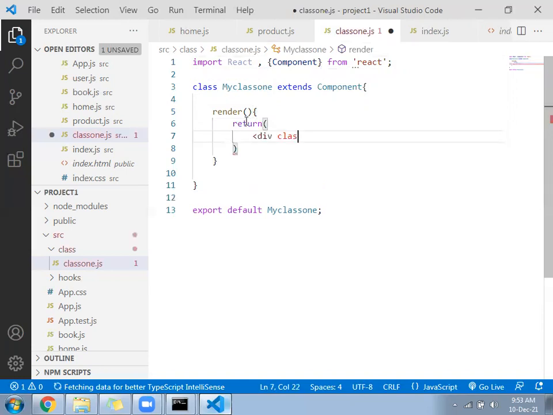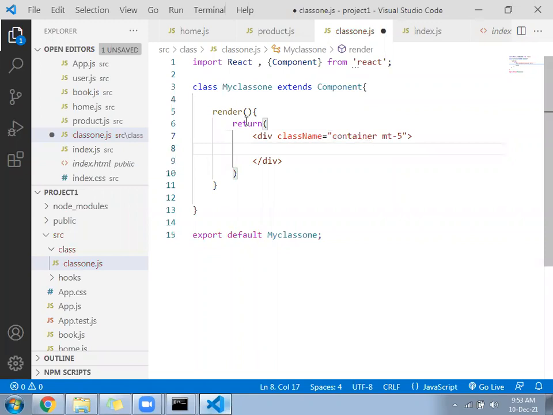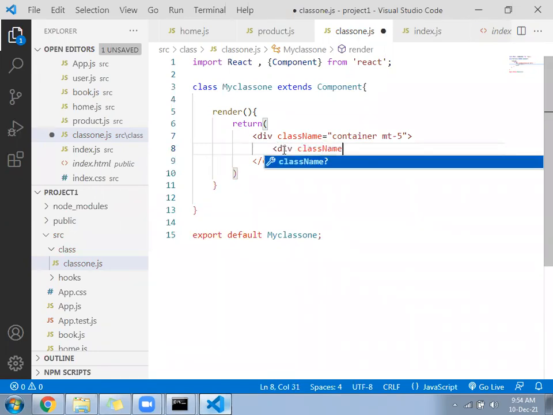Div, className equal to container. After that, follow a div, className equal to row.